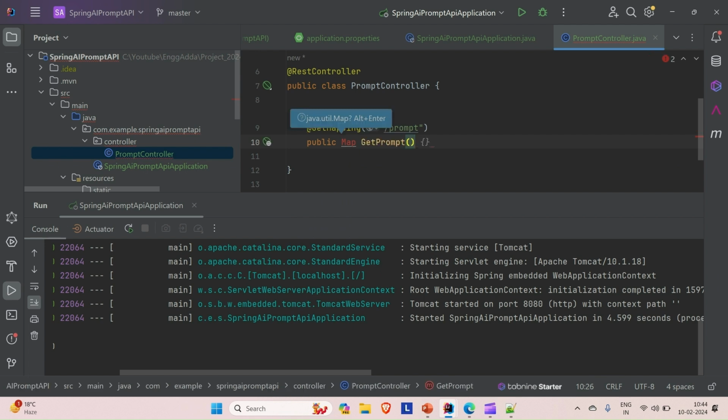Okay, so this is our method. Let me try to import this Map here. Now, in order to call that prompt, or you can say the call method of the chat client, we have to auto-wire the chat client. So if you go there